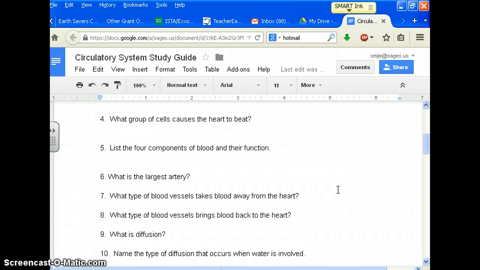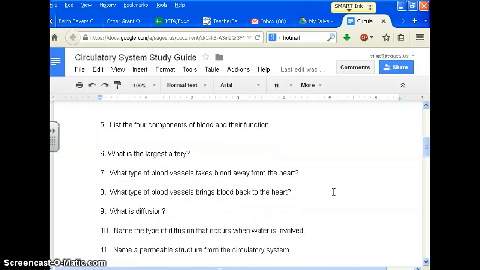Plasma is the liquid part of blood that helps it to flow. Platelets help the blood to clot. White blood cells fight disease, and red blood cells help to carry oxygen, waste, and nutrients. The largest artery is the aorta. Blood vessels that take blood away from the heart are arteries, and blood vessels that bring blood back to the